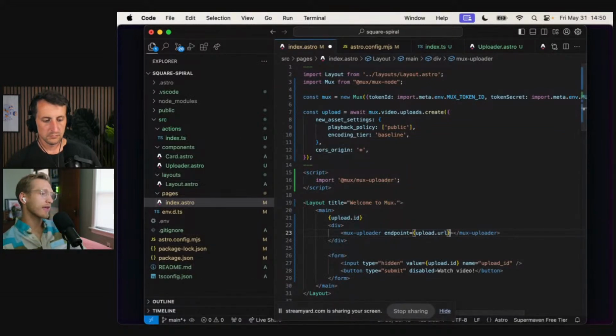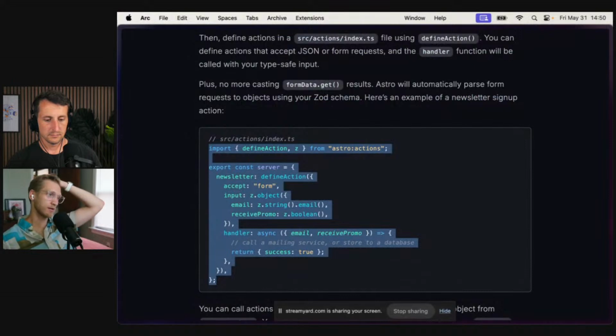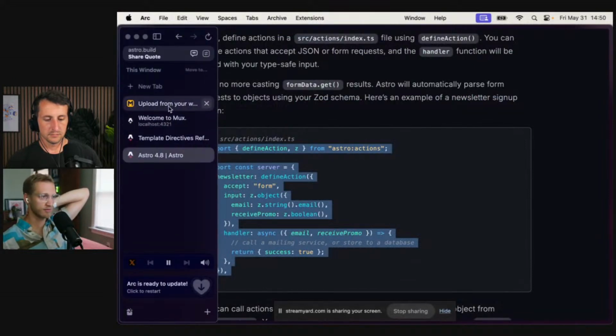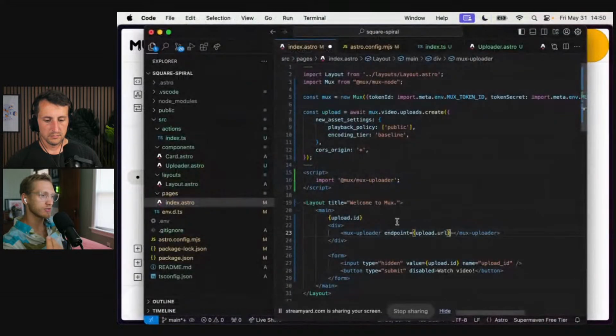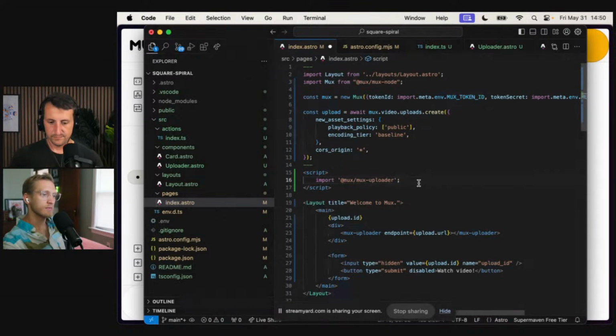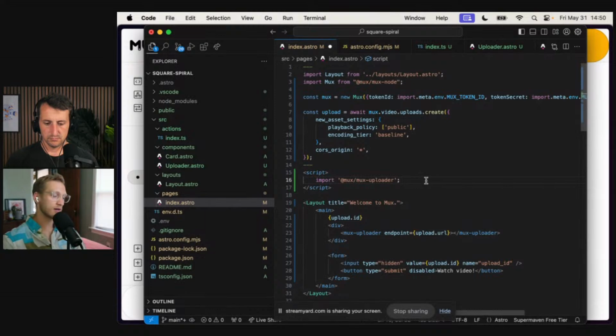Yeah, if you want to actually attach events, then it's got to happen in an island, right? Because this code has to run on the client. Well, you have your island where you npm import, right? Where you import Mux Uploader. Maybe you can just add some more code to that island. Here, is this what you're saying? Oh, you don't even. Yeah, if we send that script to the client, we can attach an event to the Mux Uploader element.